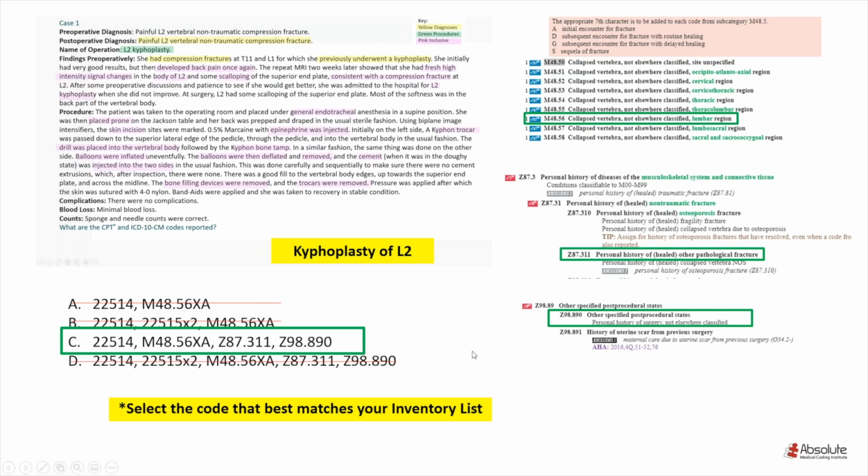All right, so I had to put my screen down. I couldn't see what you're saying in the chat. Let me know how you're doing. Absolutely. Somebody said, are we just coding for L2? Absolutely. And you know what? You see all those words on the screen in this scenario? Look at all those words. If you just really focus on the yellow and the green, that really is what you're coding for.